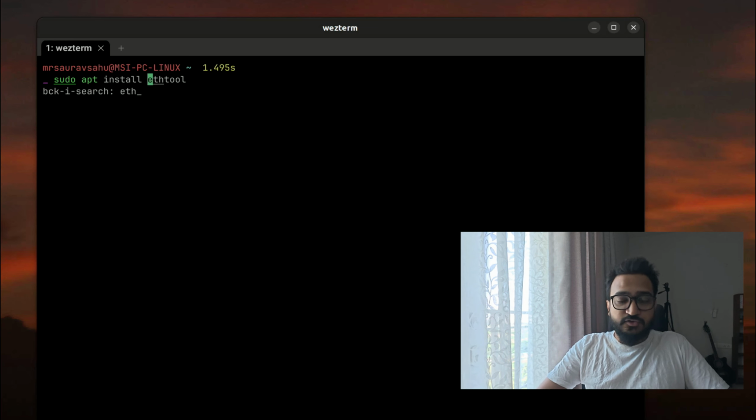So I'm on Linux. That's what I'm going to show in this one. There are a lot of videos you can find online for Windows as well, or any other operating system you're using. So the first thing you need to install is this package called ethtool. You can install it using sudo apt install ethtool. Once you do that, you can use it to first figure out which is your